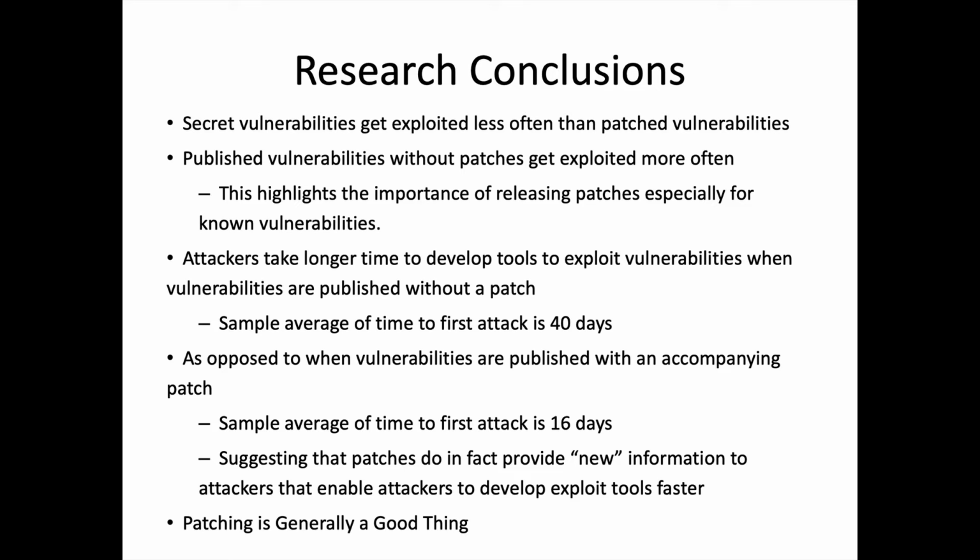So if you get a vulnerability without a patch, it's going to take 2 months for you to get a patch. All right? As opposed to when vulnerabilities are published with a patch, the sample average time to the first attack is 16 days. So the other source said 6 days. This says 16 days. Just think 1 week, okay? In 1 week, the bad guys will have an exploit. It's going to take the vendors 2 months to fix it. That should scare everybody, okay? So